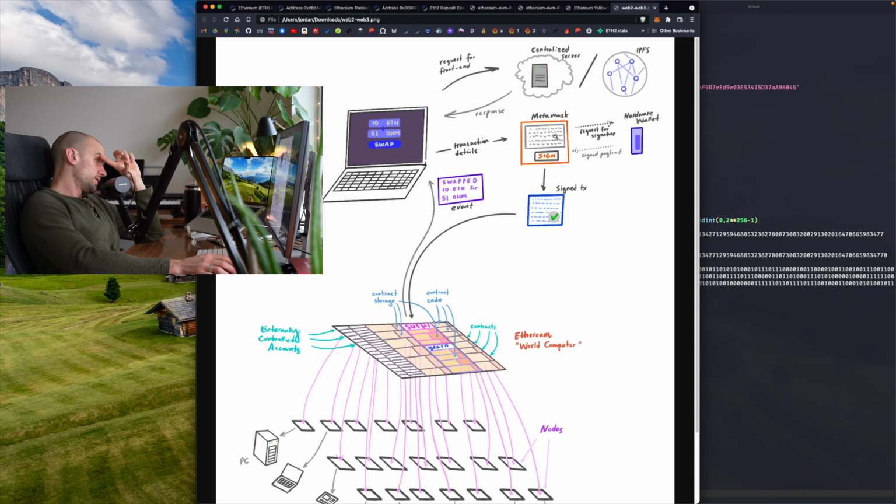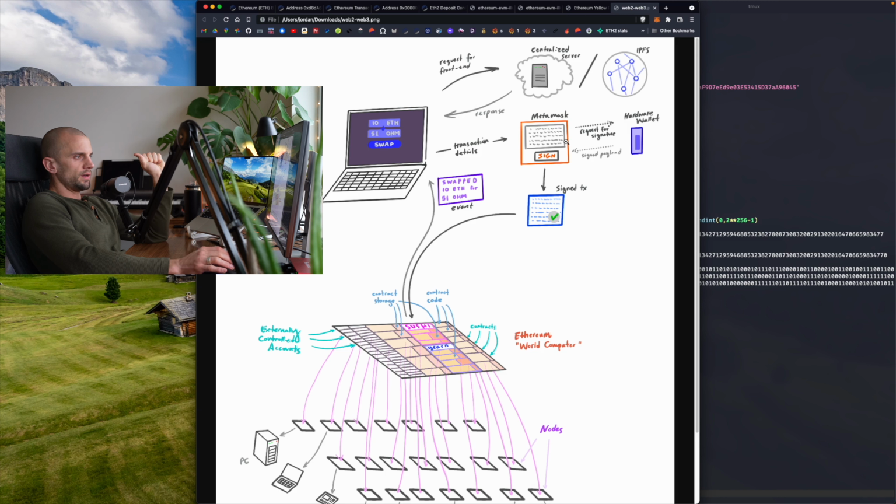Now at this point, let's assume you've done this, you have it set up the right way, which is to use a hardware wallet with Metamask. What you then do is, Metamask will finish constructing your transaction, but it's not signing it, right? So if you have your hardware wallet set up with Metamask, then Metamask will take that transaction you've constructed and send it to the hardware wallet, and the hardware wallet will actually sign it because the hardware wallet has your private key. In this kind of setup, MetaMask does not have your private key, and that's what you want,